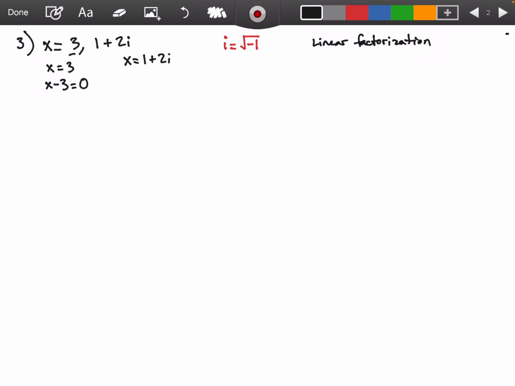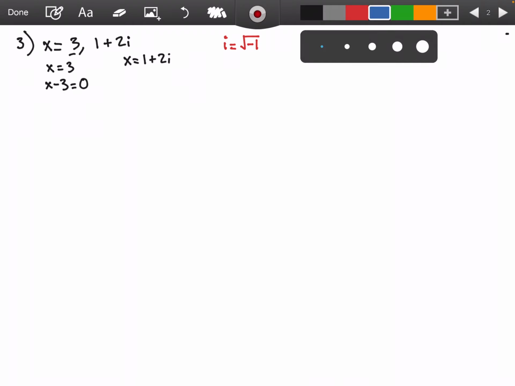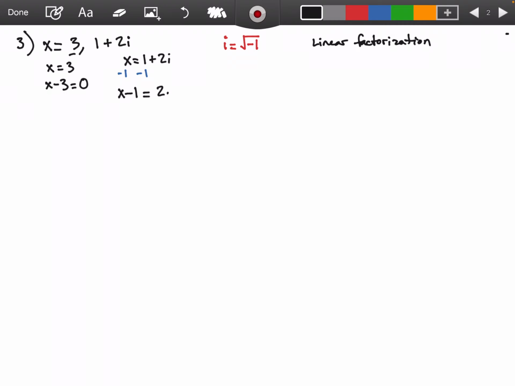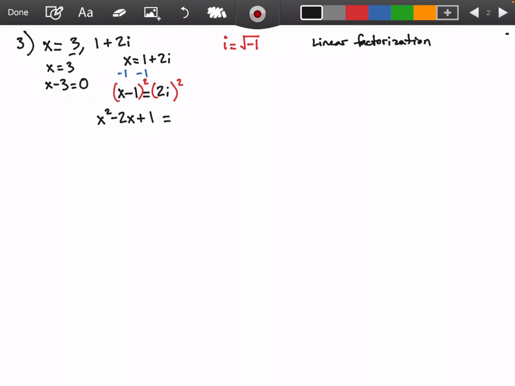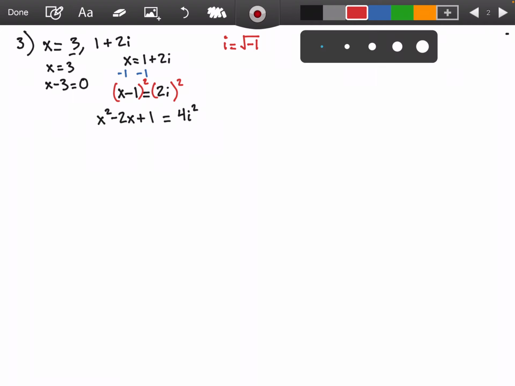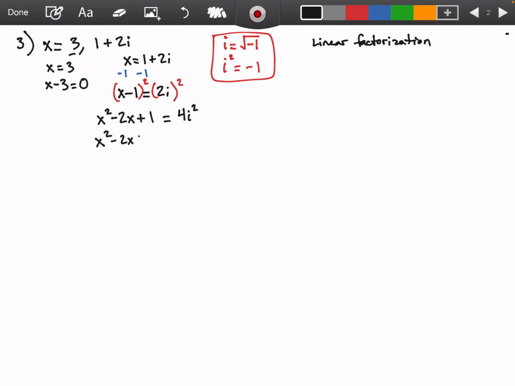Okay, so we're going to start by subtracting 1. So x minus 1 equals 2i. And once again, since i is a radical, we're going to have to square both sides to get rid of that radical. If I distribute that, that's x squared minus 2x plus 1. Okay, 2i squared. Well, the 2 squared is going to be 4. Then if I square a square root, that would just get rid of it. So i squared is actually negative 1. That's real important. So it turns out x squared minus 2x plus 1 is 4